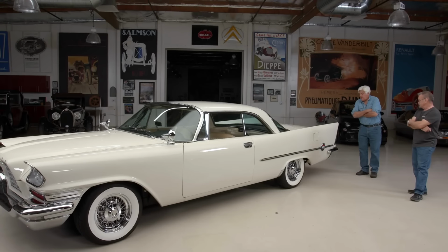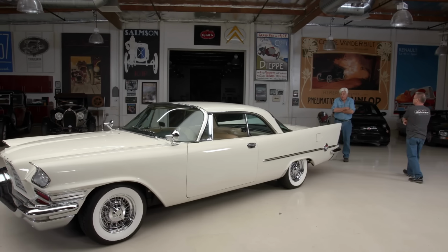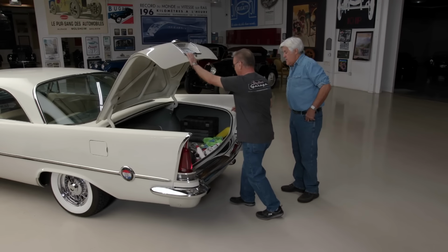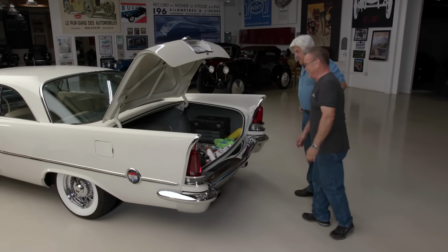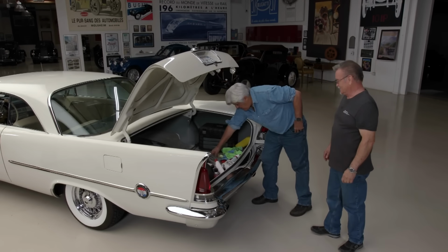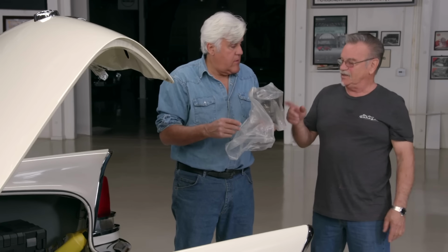And of course, just the most enormous trunk in the world. Let's take a look at how big that trunk is. Kind of messy, but it's a big trunk. And what is this? Oh, this is the fuel pump? It's the original fuel pump. I never put that in because I didn't...